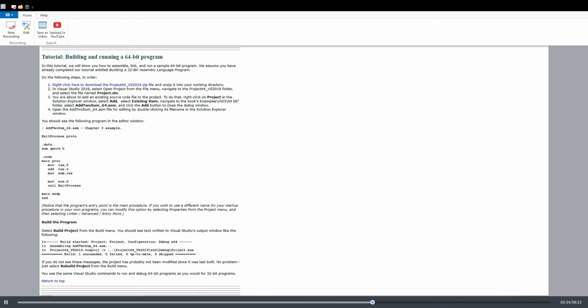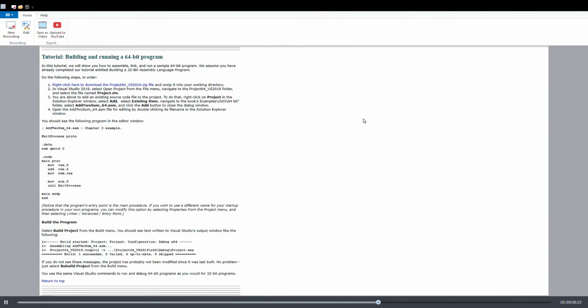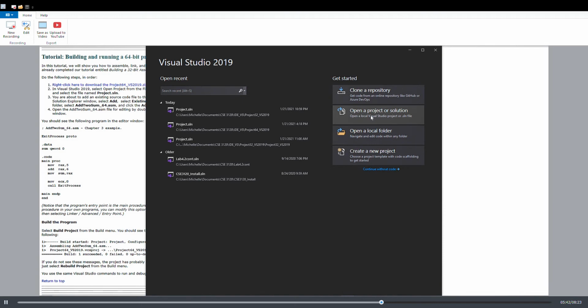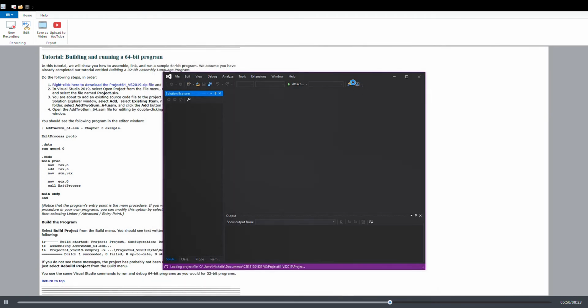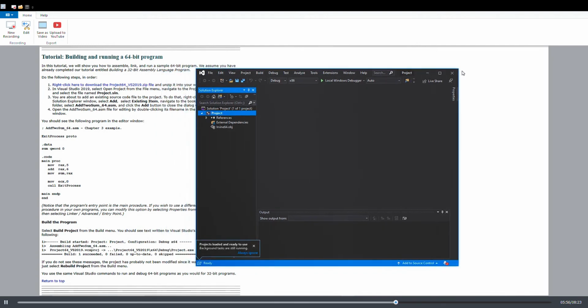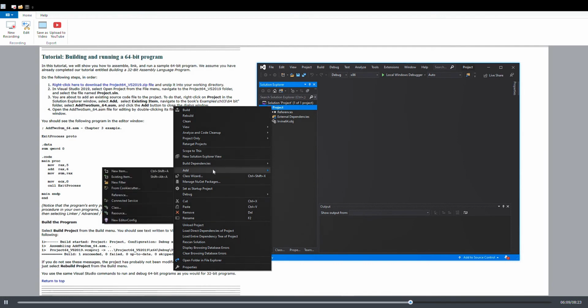Okay, so go to Visual Studio 2019 again, and what you want to do is open a project or solution, and then you go to Project 64, open project.sln. So now we're just gonna add a project under here. So we're gonna add an existing item,